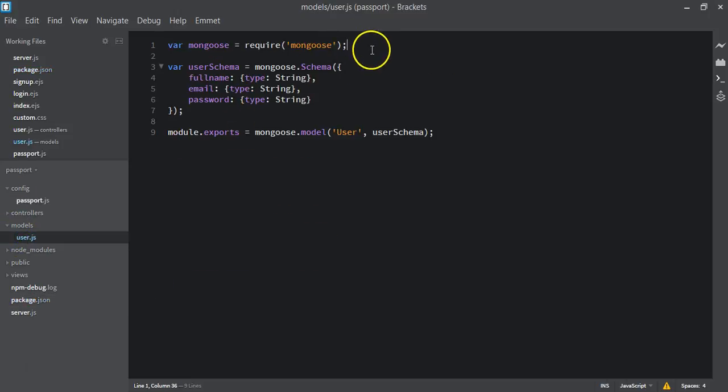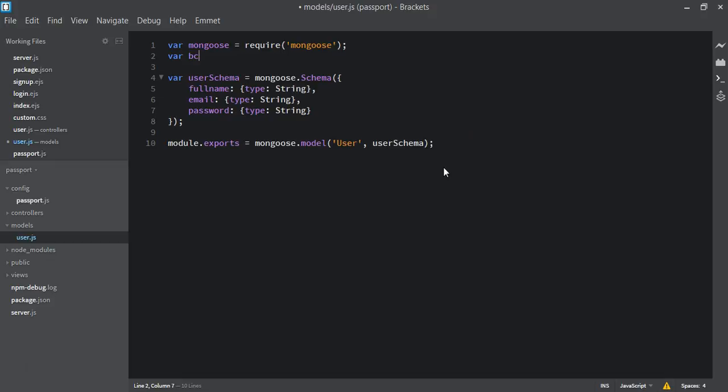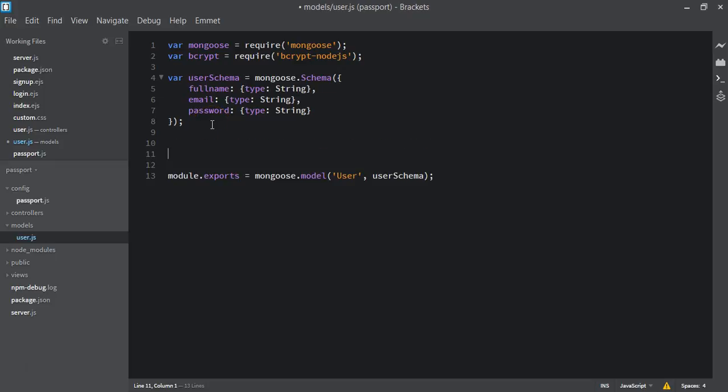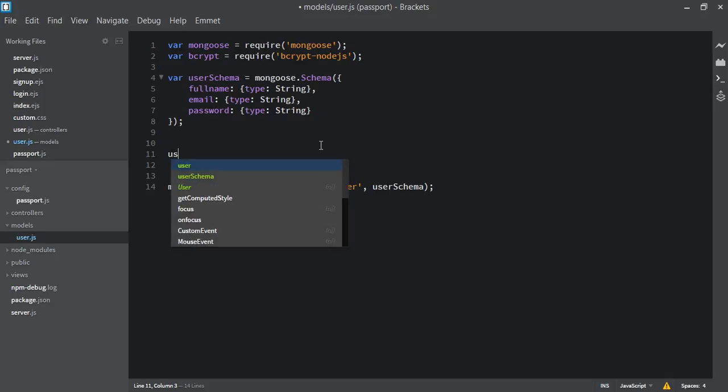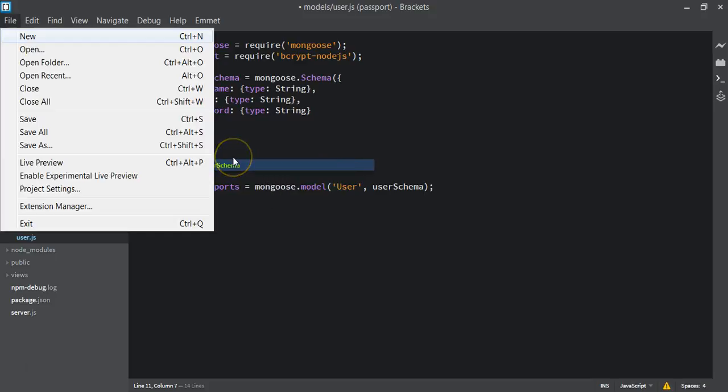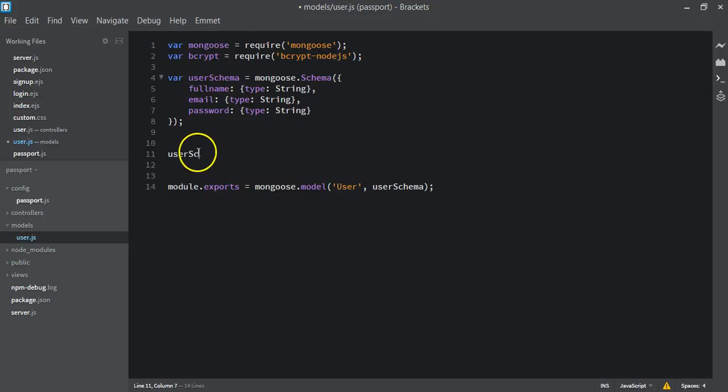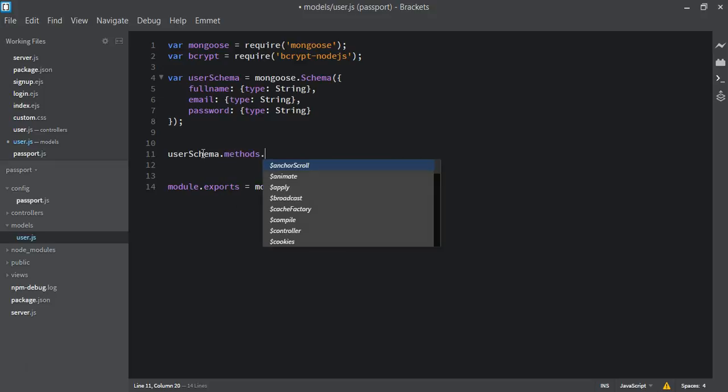Now inside here we require the file. So we say var bcrypt equal to require bcrypt-nodejs. Now having installed this, we have access to some methods we can make use of. To add a function inside our Mongoose model, we use the name of the schema. So we say user schema dot methods dot, we can call it encrypt